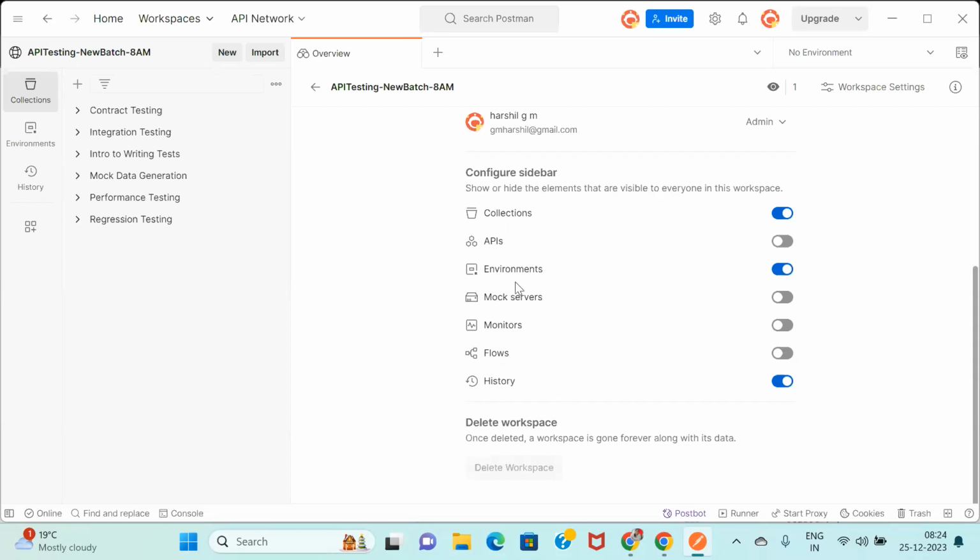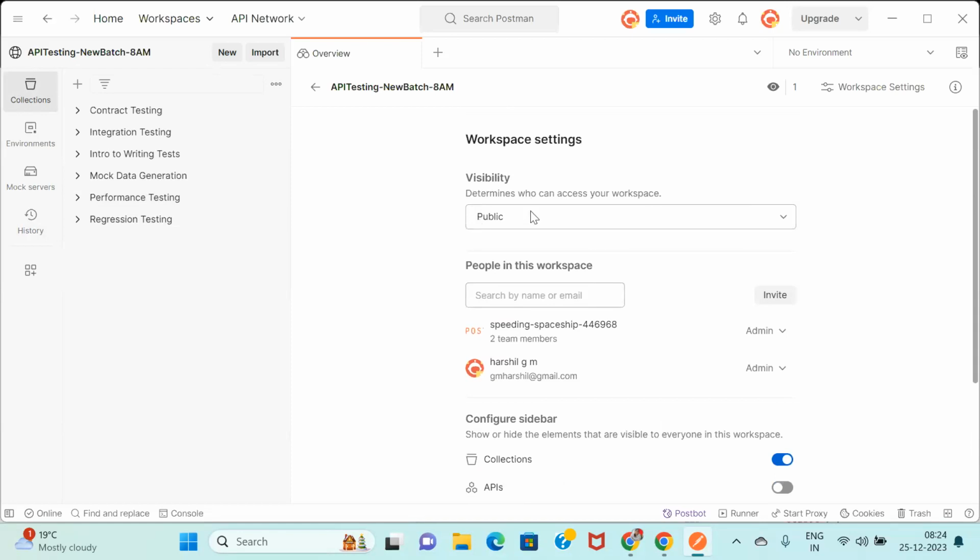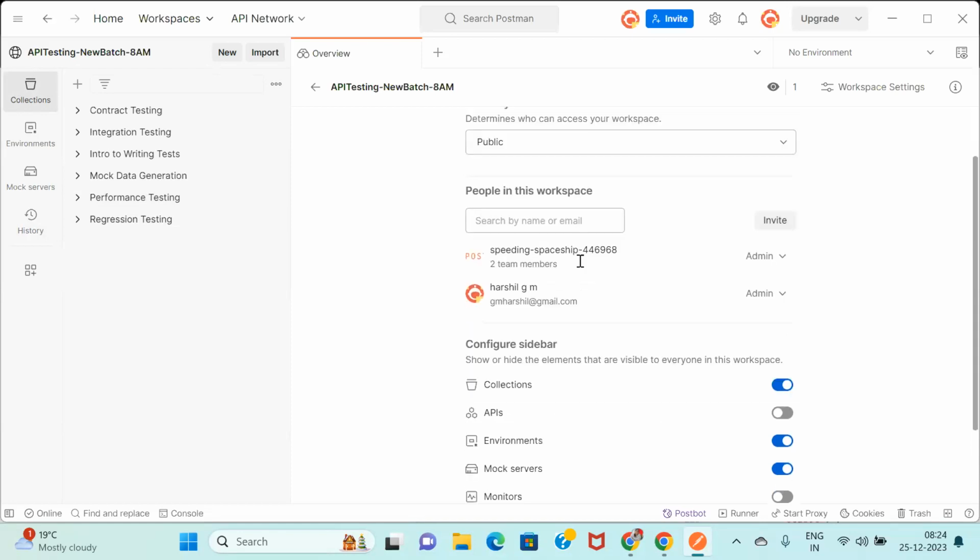Okay, I have not enabled mock server. Let me enable mock server as well. I'm just enabling it, so it will come in the sidebar. Okay, so this is the intro about it, like public visibility, and